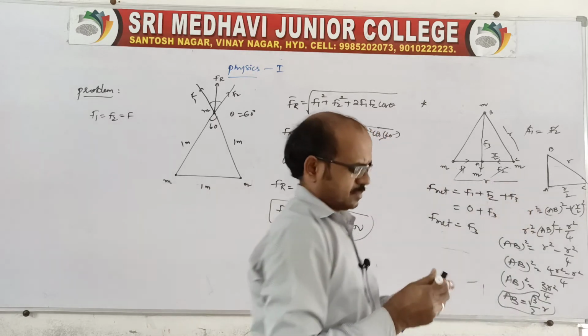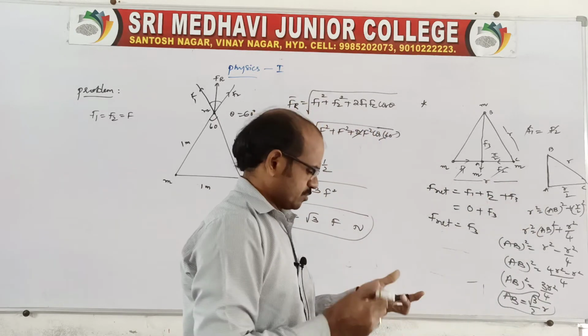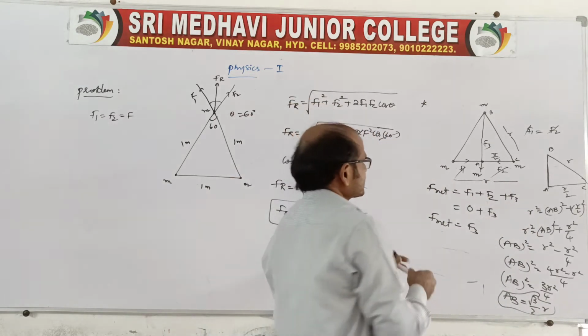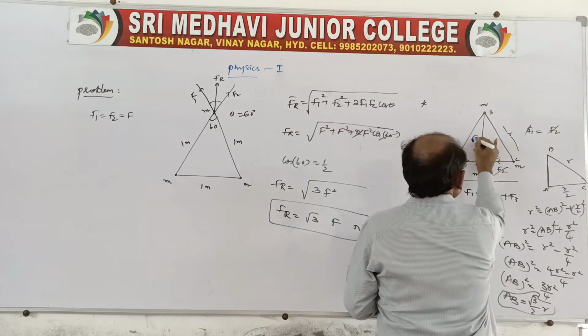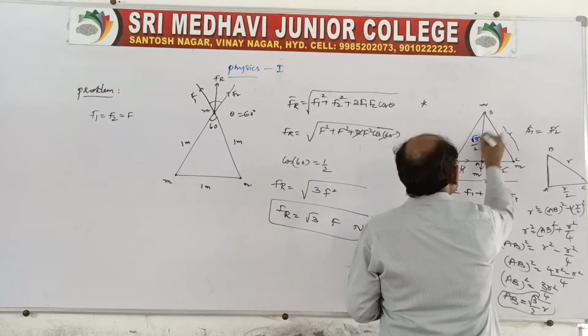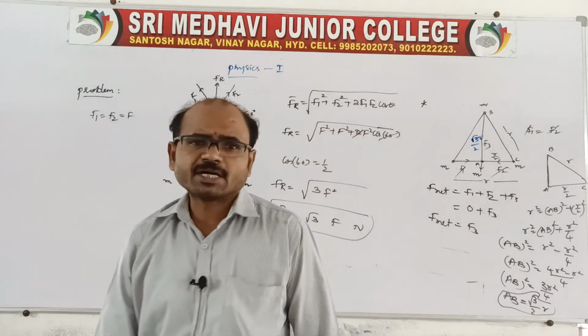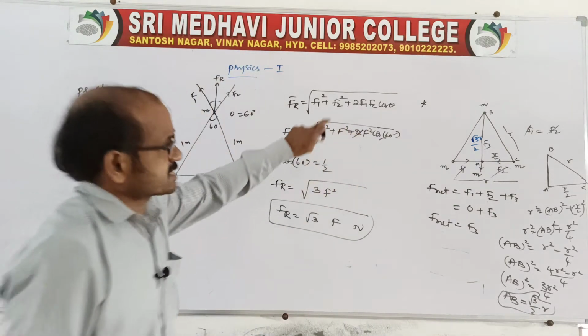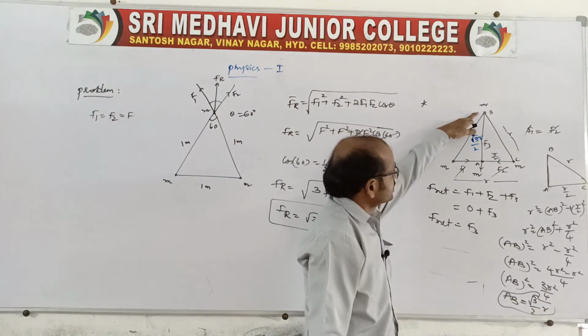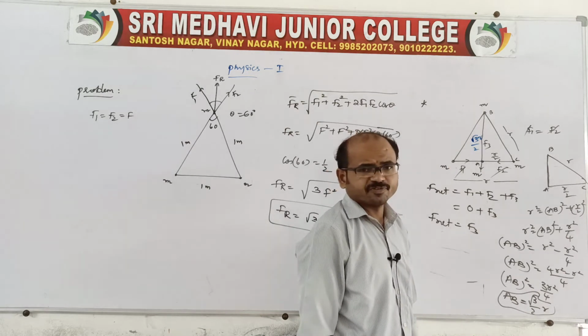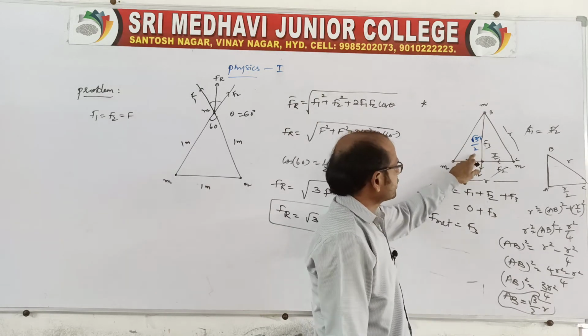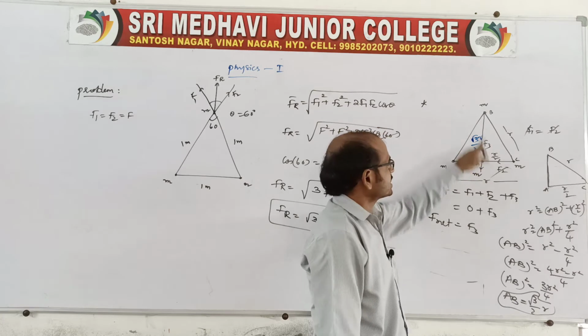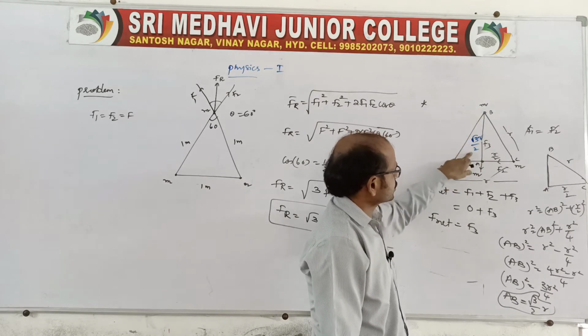Everyone remember, it is not required to do this every time, because this height will be root 3 by 2. Remember everyone, we already did this root 3 by 2, because in the center of mass also we found this height, so it is root 3 by 2 R. Now we know the distance between A and B is root 3 by 2 R.